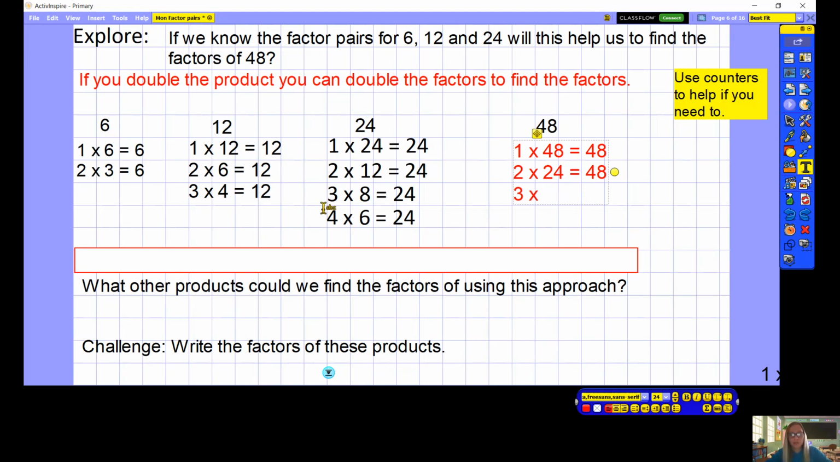3 times, here I'm going to double this number, so 3 times 8, so double 8 is 16, so 3 times 16 equals 48. And I'm going to do 4 times, I'm going to double this number here, so 4 times 12 equals, and then I also need to double the number here, the number 3, so 6 times